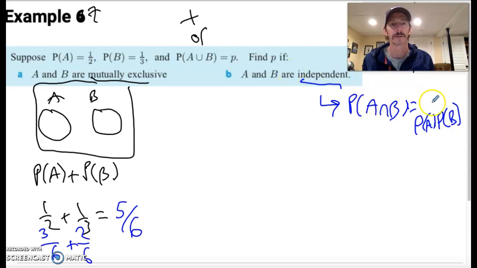Because "and" means multiply. And if they're independent, I know this is true. I don't have to worry about the conditional piece here before I multiply. So now, if I want to find the union, remember the union,